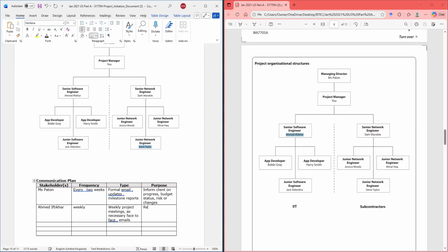And this is to review phase progress, approve resource allocation.